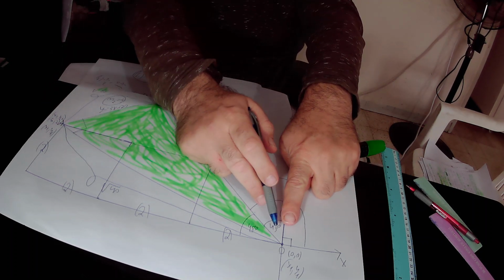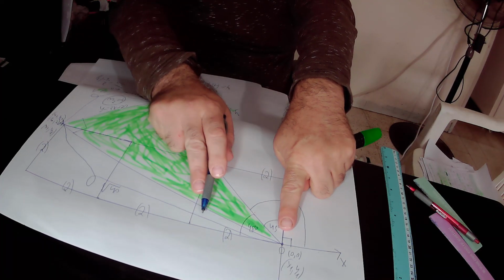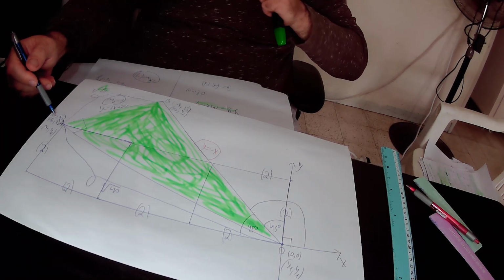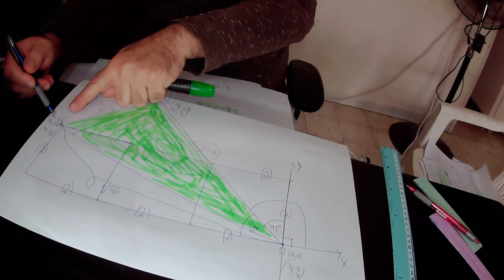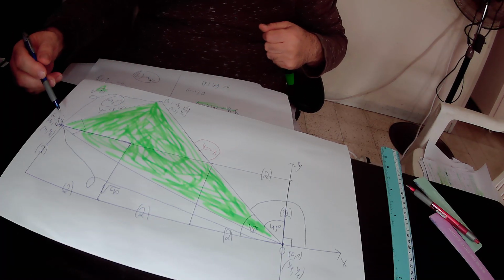So from point 0, the origin, we have minus 2 plus minus 2 plus minus 2, that is minus 6. So the coordinate x of the point A is minus 6, and the coordinate y,